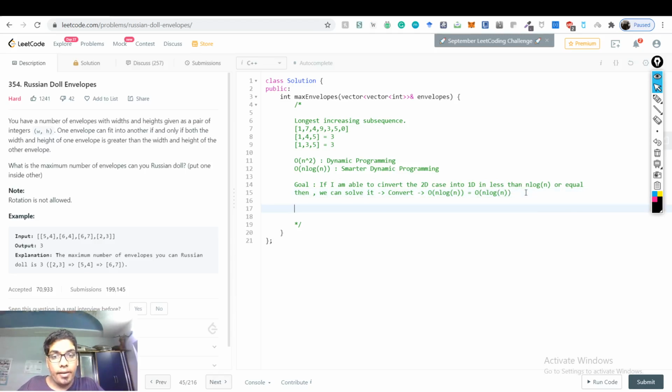The second possibility would be that we understand the structure of this problem and uniquely come up with an algorithm, right? Both of these things can be done. When you are given a lot of these problems, sometimes you can have a unique algorithm which is much better than something you previously solved. So this is something which can be done.